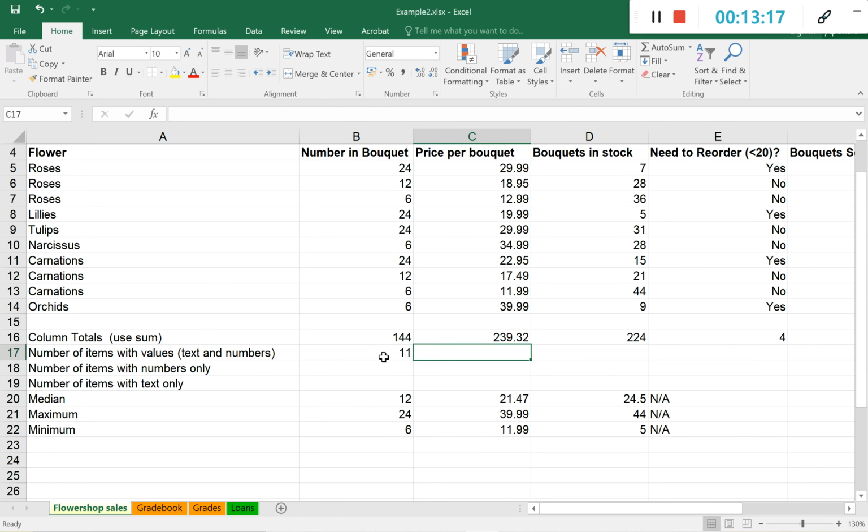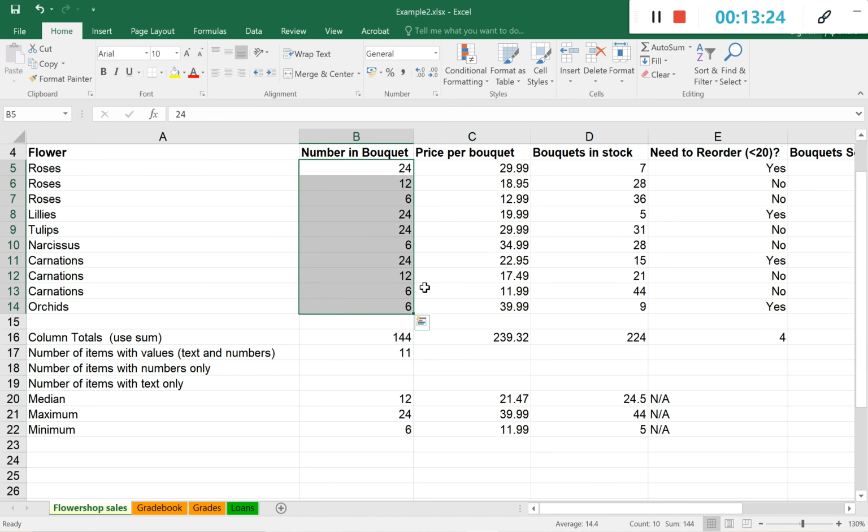We can press tab, and you can see right here there are 11 rows, and there is no cell which is empty. And for example, if we remove the value located in B14, then